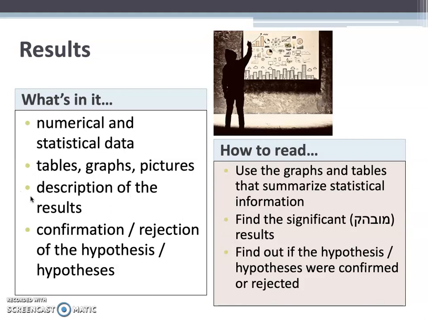The author will also describe the results, giving a lot of percentages, and often the author will mention in this section whether or not their hypothesis was confirmed or rejected. But the author doesn't generally give a conclusion in the results section, not until you get to the next section,